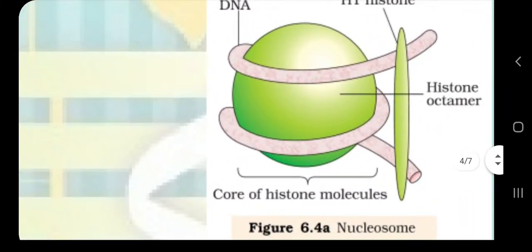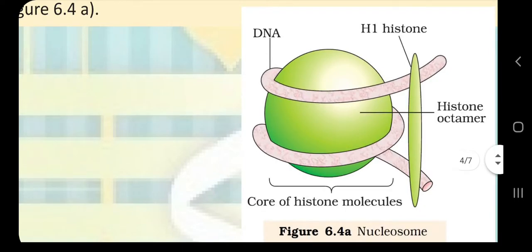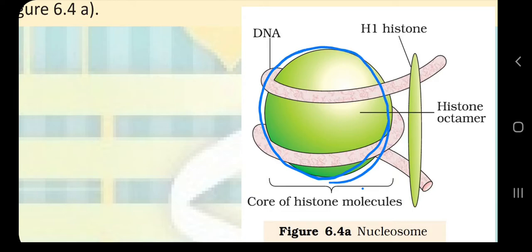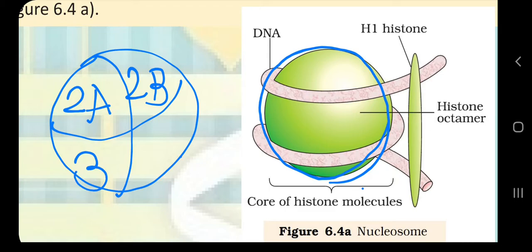Here is the structure from our NCERT textbook. So here is a structure of nucleosome. Here you can see H1, the octamer. You can see in this diagram only a spherical structure is shown as histone octamer. But why did I give you that extra information that it is composed of 8 subunits, 2 each of H2A, H2B, H3 and H4? Where is H1? Here is the histone H1.